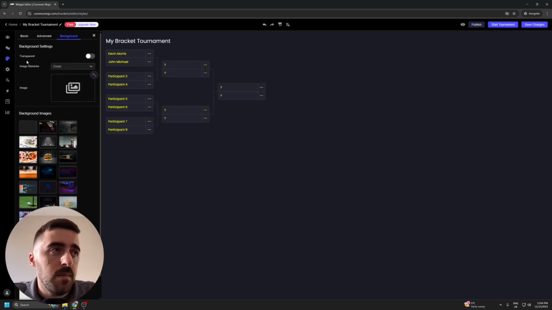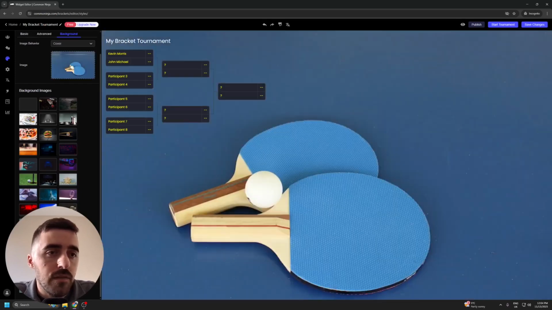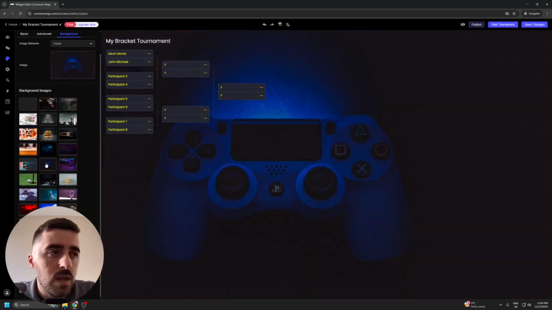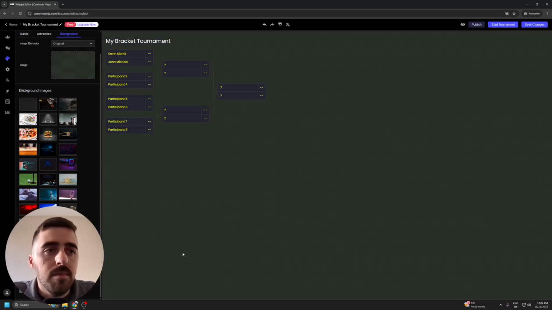Then at the bottom here, you have image behavior. You can change it from cover to contain and original. In my case, I'm going to stick to cover, and you can also go ahead and add your own image as the background if you wanted to. Alternatively, there's a bunch of different background images available that you can take advantage of anyway. So if you like any of these, feel free to use them. In my particular case, though, I'm going to go for this background pattern down here because it looks the best